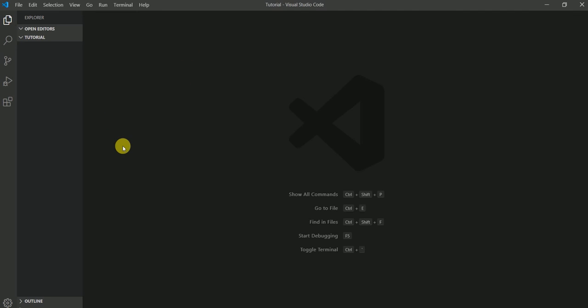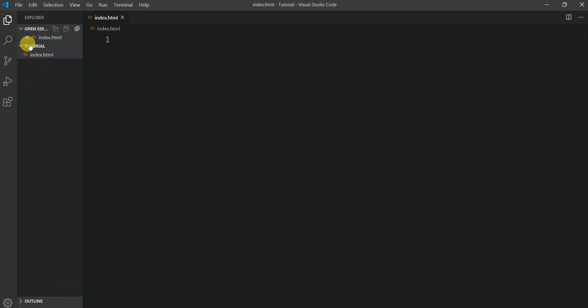If you guys are following me, then you know that I'm using VS Code Editor, and if you're new here, then I'm using VS Code Editor, okay? And I've already created a folder on my desktop with the name of tutorial, and inside that I have created a file index.html. Now I'm going to create another file which is main.css. I have an Emmet extension, and by using my Emmet extension I'm going to have a